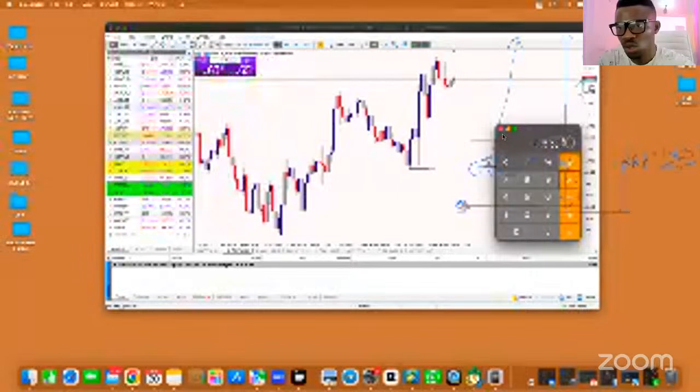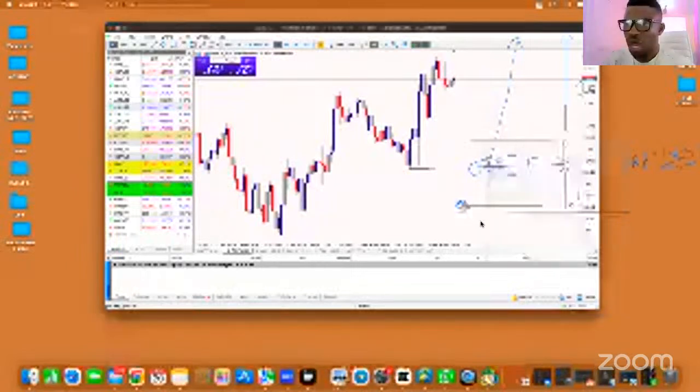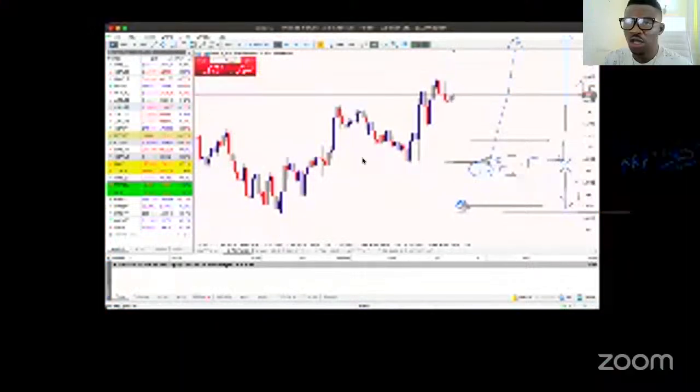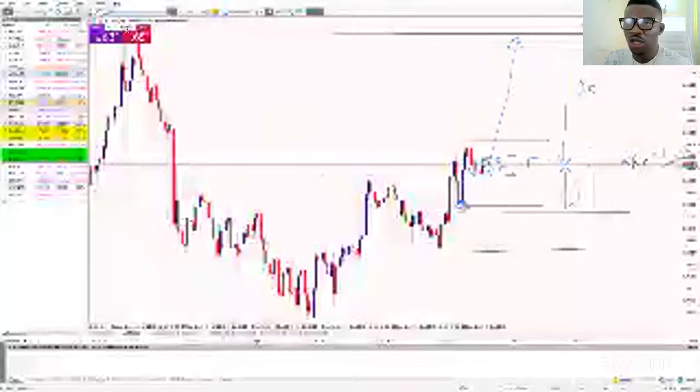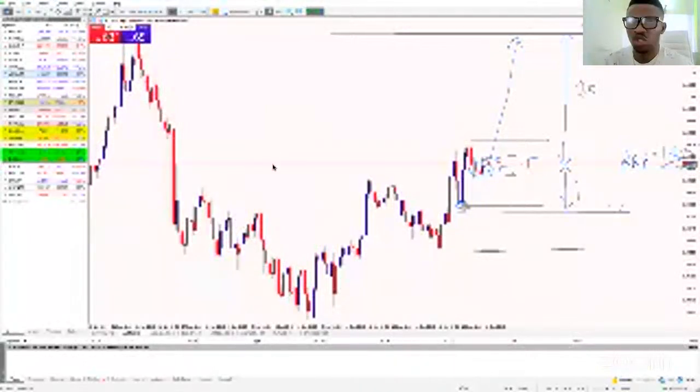So I am going to risk $590, and that is going to be my risk. I'm going to risk $590 on this trade. So if I want to risk $590 on this trade, what lot size should I use? This is where the risk calculation is. What lot size should I use? Each one lot size, one standard lot size,